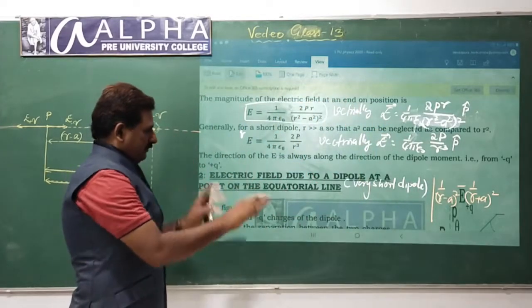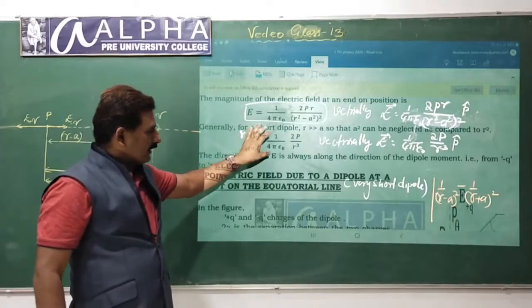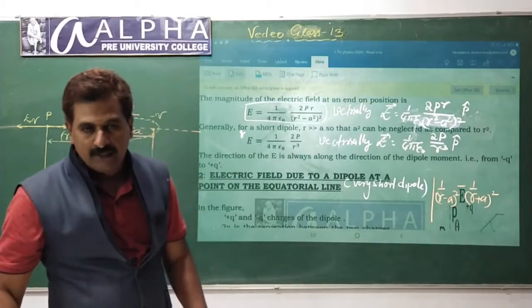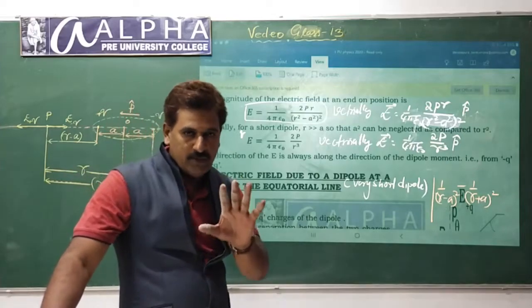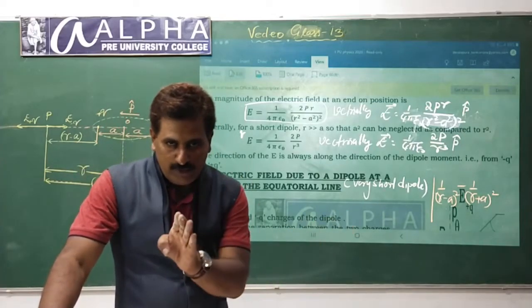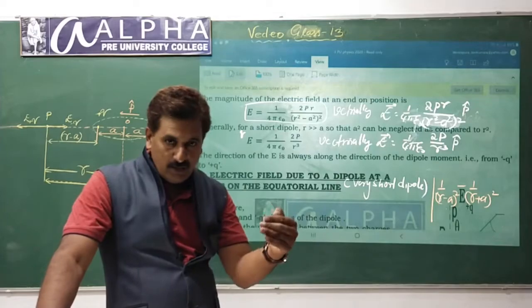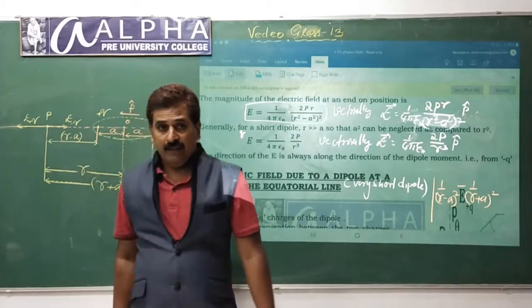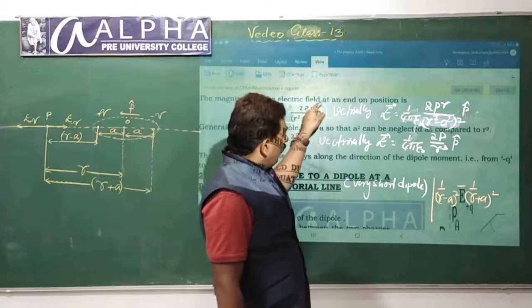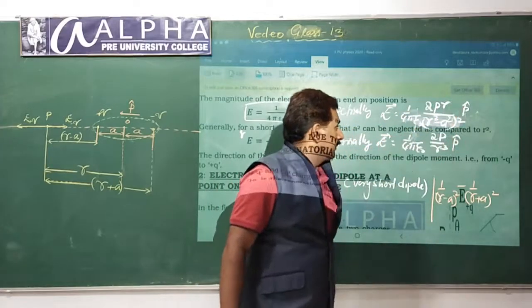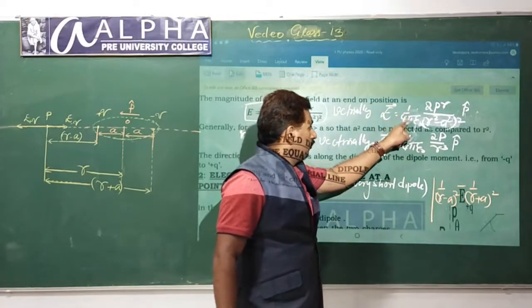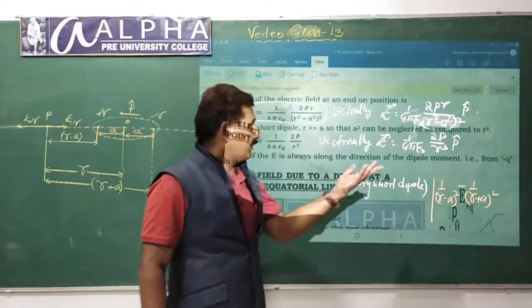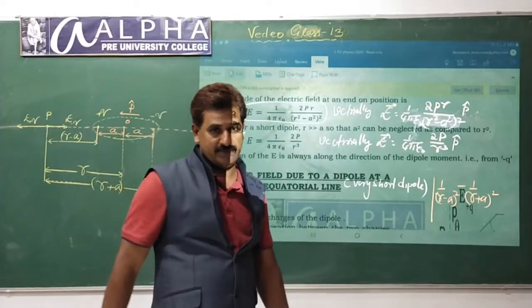You write both. This much is about the expression, very important for 5 marks. We have to practice. One of the expected questions, you observe once or twice, then you write on your own drawing this diagram, and you retain p throughout, p unit vector, right? So E equals 1 over 4 pi epsilon 0 2pr by r square minus a square whole square. Practice this. Thank you.